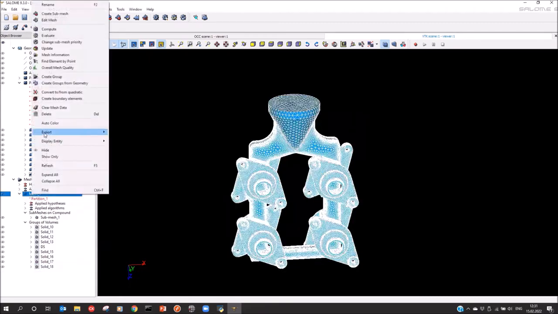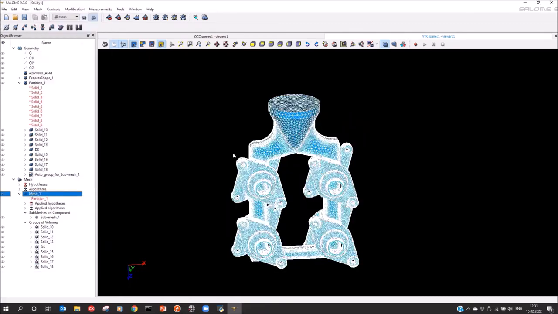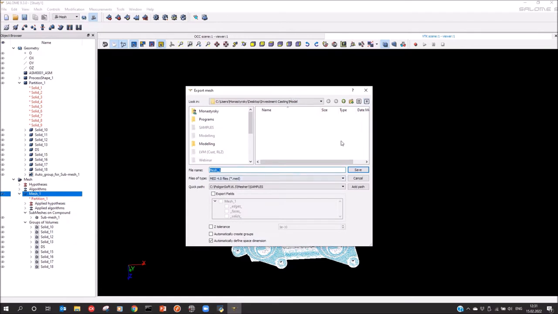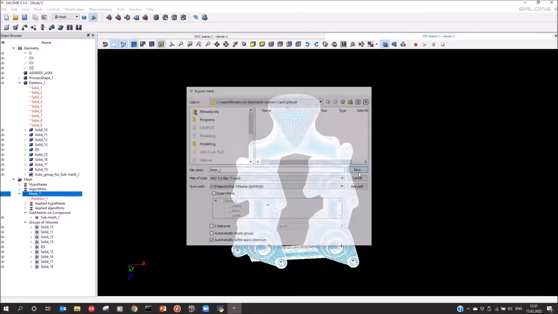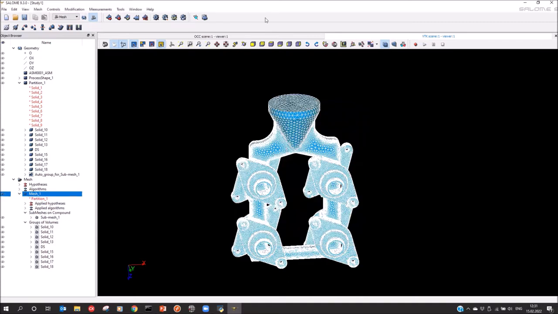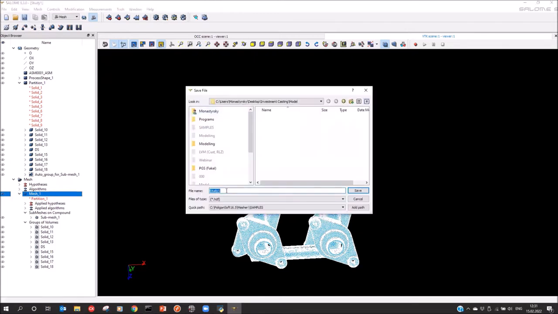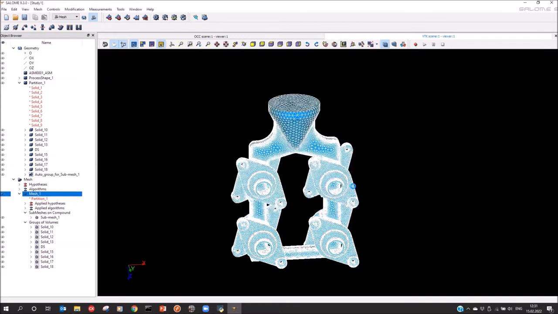Click here, export to MED file, and here is the name of my mesh, and save. And that's all. I can save my work in mesh generator format, like this. Now I can finish here. I can close the mesh generator